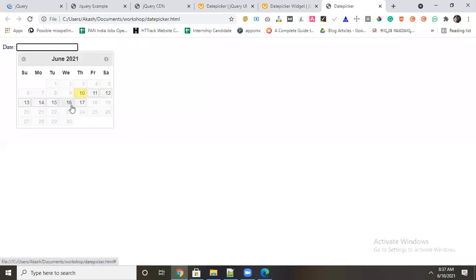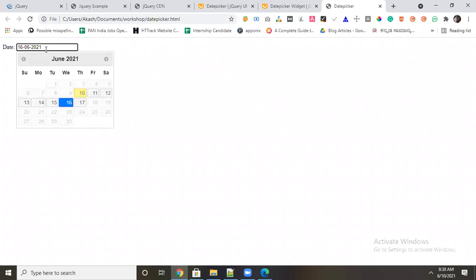Now see here the date picker. If I select any value, see, first the date is coming, the month, then the year. It means all the flexibility they have given in this. Because writing a date picker code yourself is very difficult, and it takes a minimum of 2 to 3 days if you want to develop your own. But here they are giving it ready-made and it's open source. Just if you know the customization, you can do it.